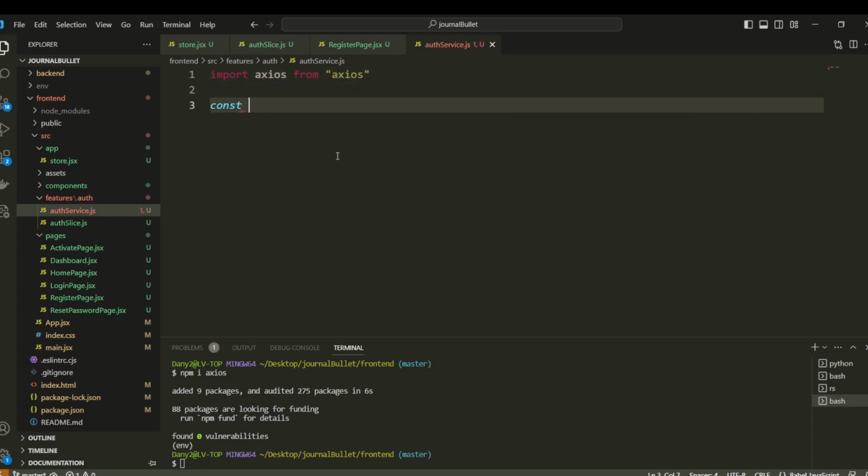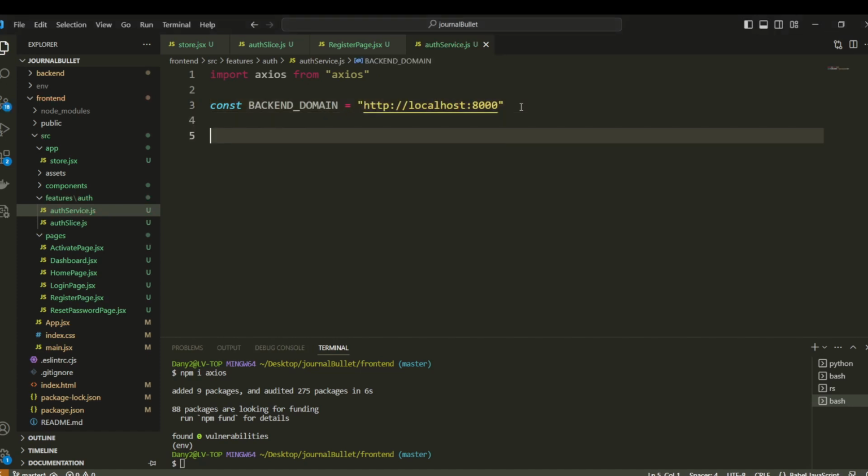And here, let's create our constant that's going to be our domain. We could put this in an environment variable, but for this project, I don't think there is the need. So our backend URL is localhost 8000. So now let's create a register URL by concatenating